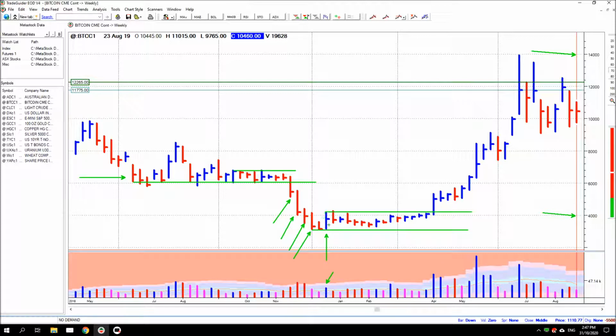And then price traded for 14 weeks sideways within the range of this bar. This is like a period of consolidation and accumulation for sure. 14 weeks sideways before price breaks out, and breaks out on nice volume. That's a lovely signal. Now, you would normally expect, after the breakout and the momentum starts to ease,